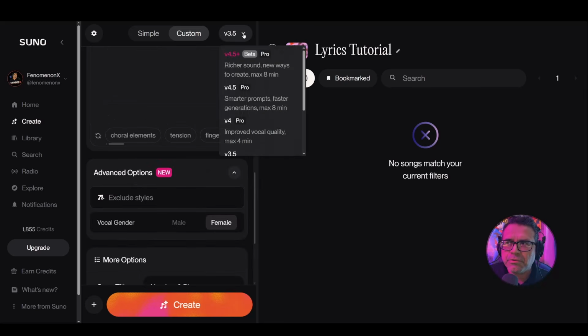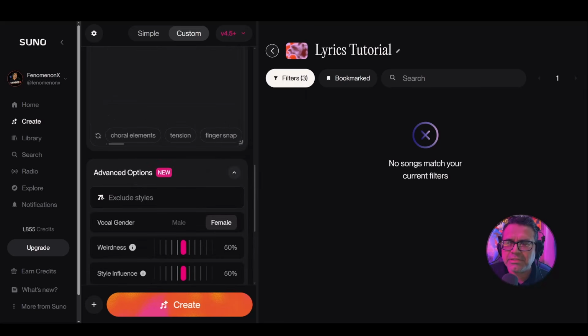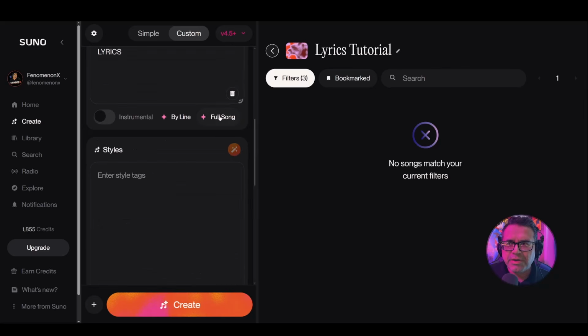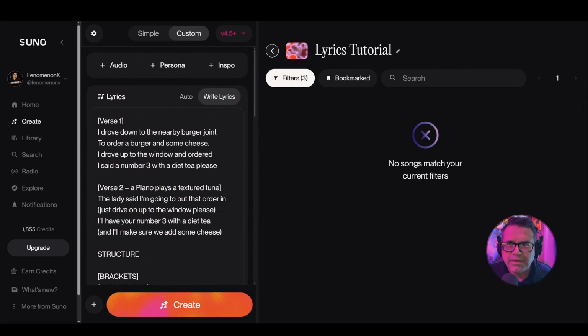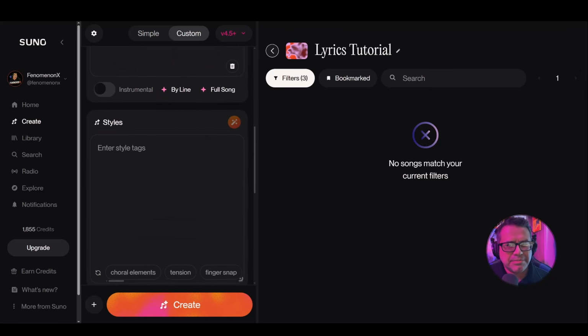Because under an actual paid plan and having access to 4.5, if we go up to the very top, the lyrics again, let's say you had the lyrics already set. And then right here, when it comes to the style, what do you want your actual song to sound like? If I didn't have a prompt for my music style, but I knew that I wanted it to sound orchestral, kind of have an orchestra vibe,